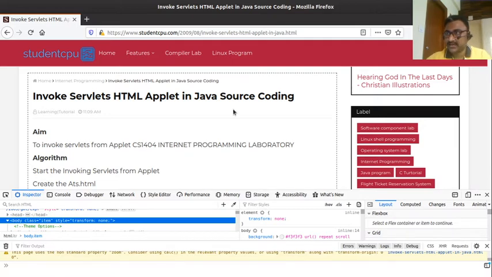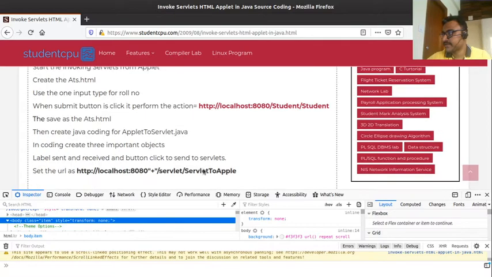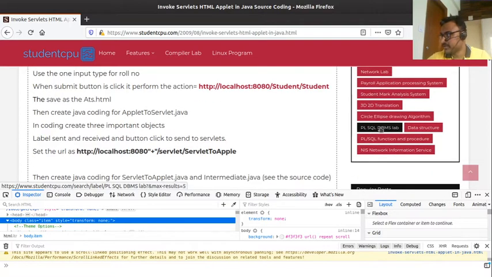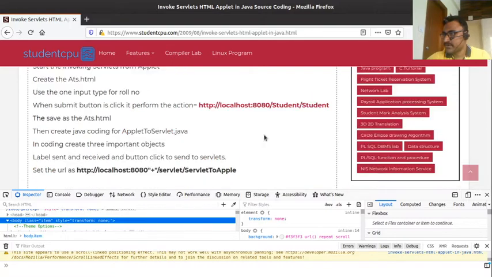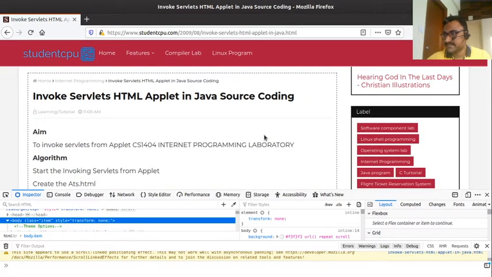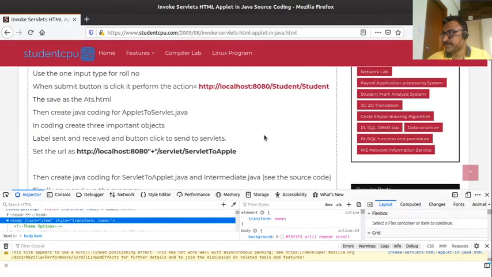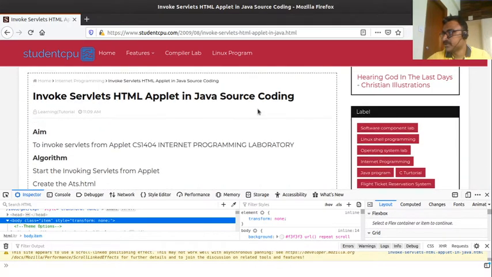For the hyperlinks, see here, this hyperlink comes in red color. If I need all the hyperlinks to be red, I have to specify that in the CSS. That is what I am going to explain here. Many attributes come here, for example, this one has background color black. This is one format of CSS, and a lot of things will come, like widget and label, so let me explain one by one.